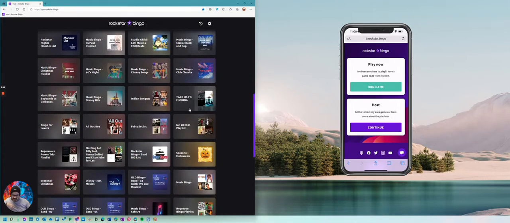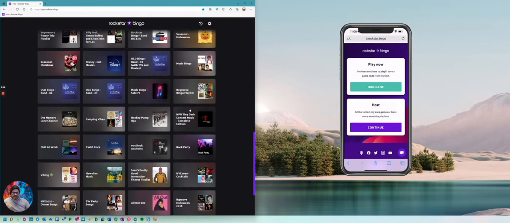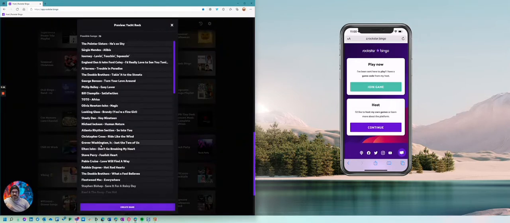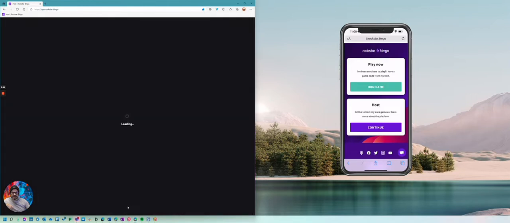So let's pretend that it's just before the hockey game, it's the pregame, 40 minutes to go. We're encouraging people to play along. There's a prize on the line. So as a host, I'm going to choose, say, Yacht Rock. It's going to grab 75 songs from this Yacht Rock list, which has about 200 songs in it.